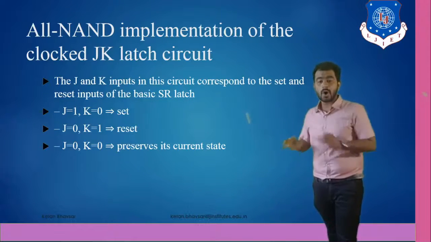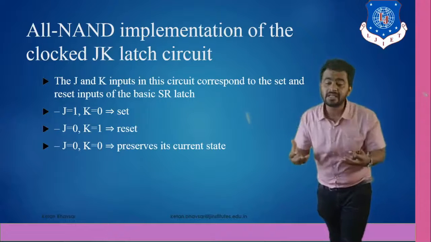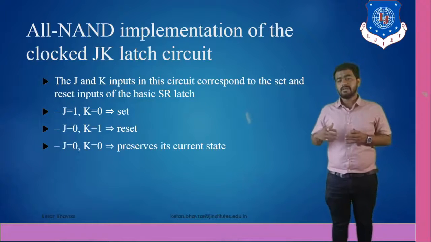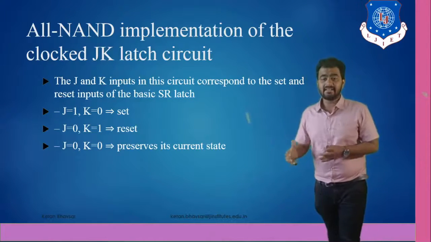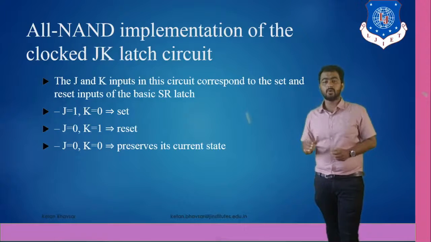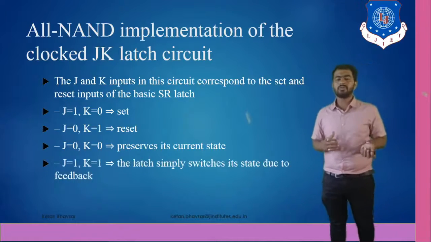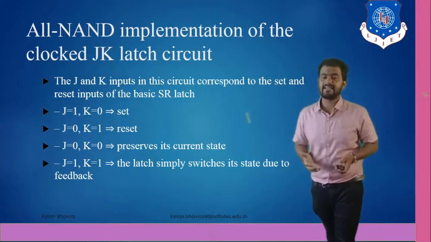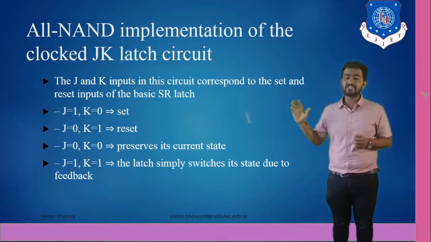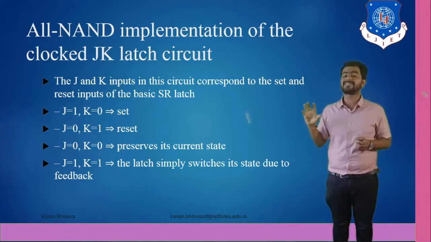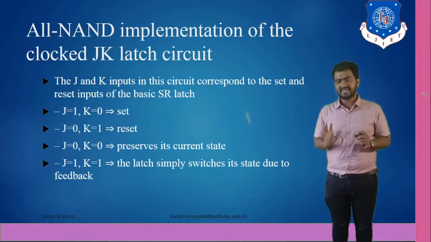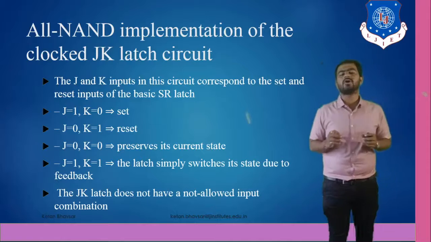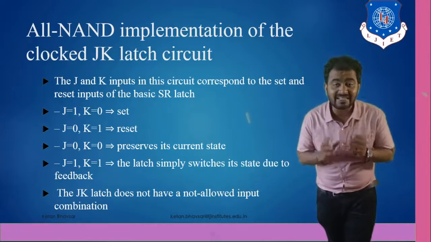current state, meaning the value is not changed. It has not entered the not allowed state. It holds the value in the current state only. And when J and K are both equal to 1, then it simply inverts the data, or simply switches the previous state. Okay, so here you can solve the problem of the not allowed state. Clear everyone? So the JK latch does not have a not allowed input combination, and